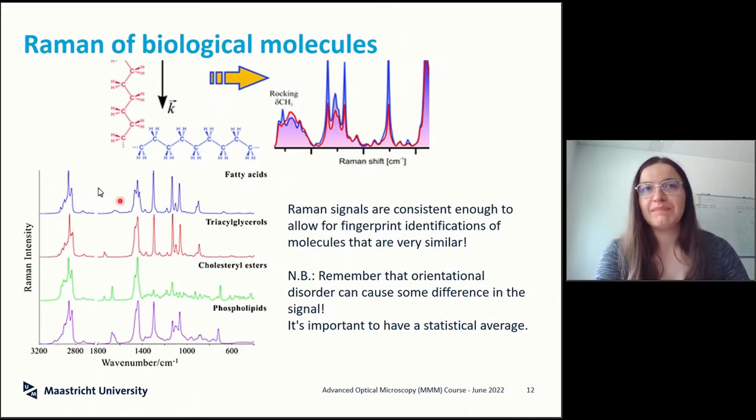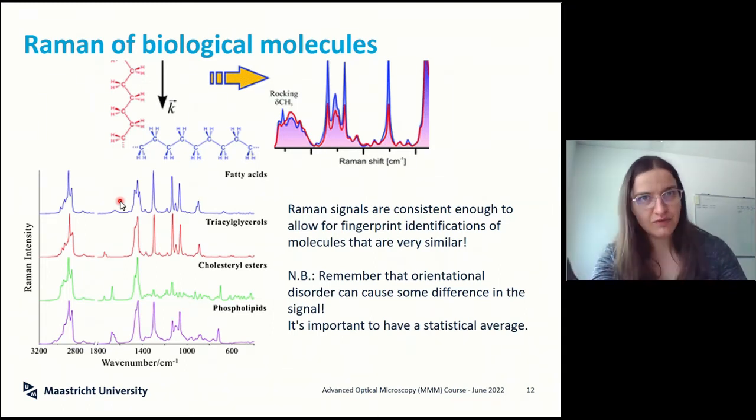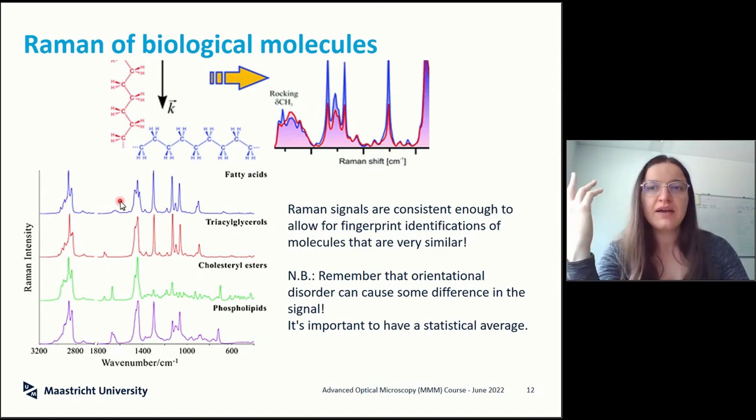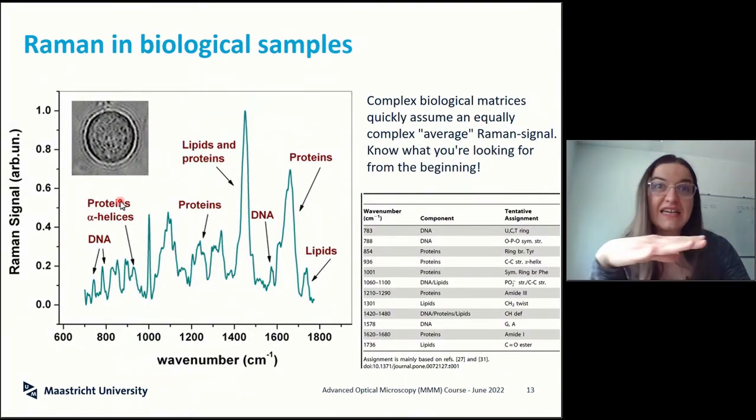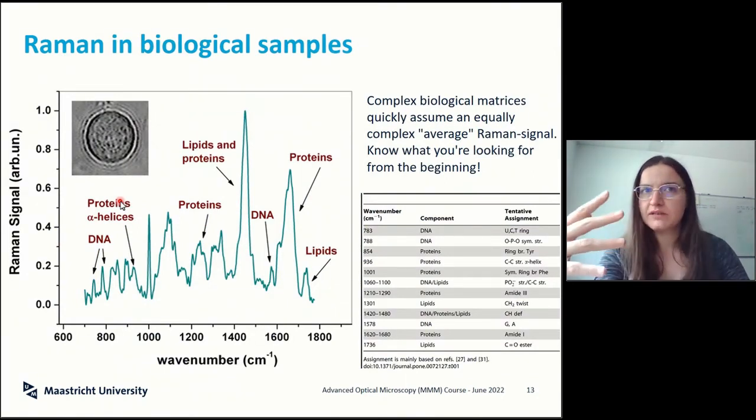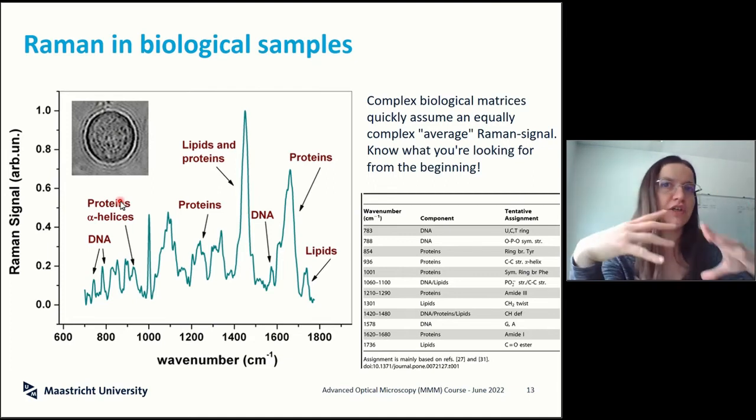Now, of course, these are biological molecules, so all the samples that were put in the Raman were purified to show only that. In a biological sample, you will have a spectra that is inevitably way more complex, because if you have a whole section of a